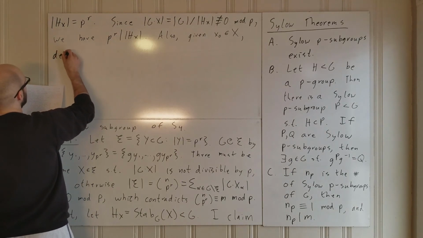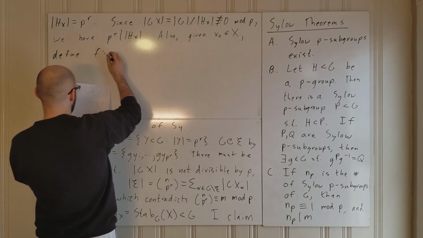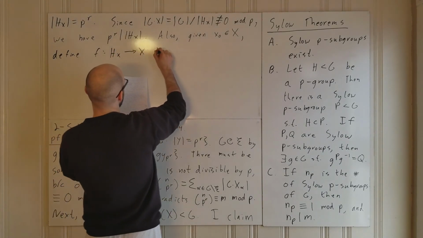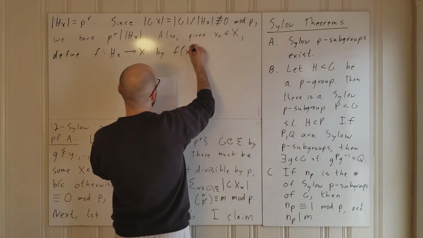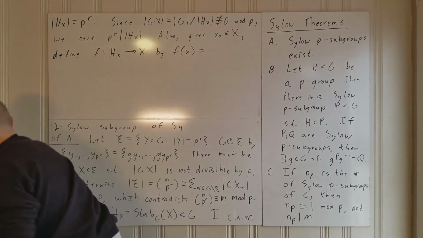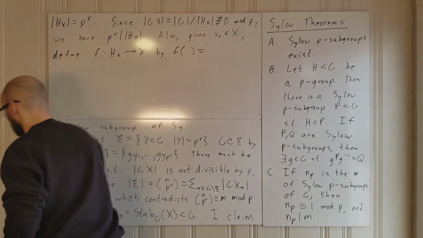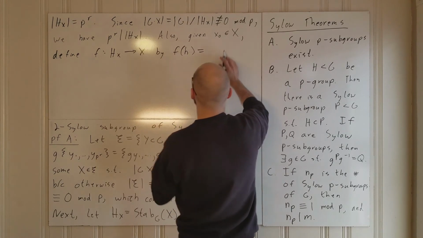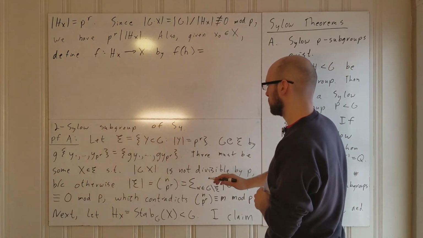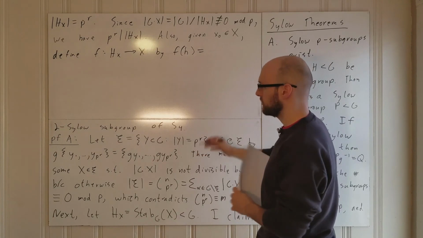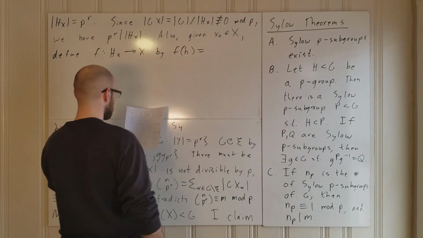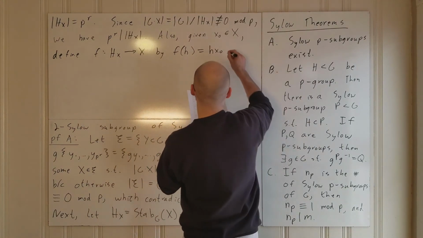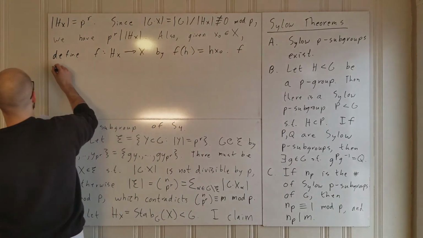Define a map f from hx into X by f of x is going to, nope. Let's see here, we're in hx, so we're going to call it lowercase h. F of h is equal to, wait, did I say x naught is in X? Right, x naught is in X. Yeah, okay, sure, it all works. This is going to be h times x naught. f is injective